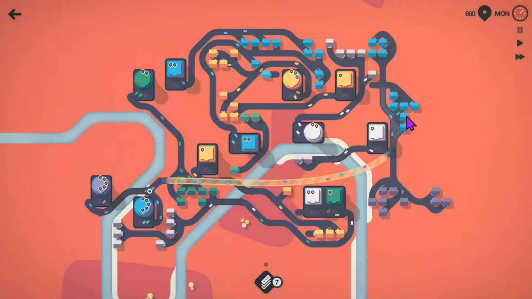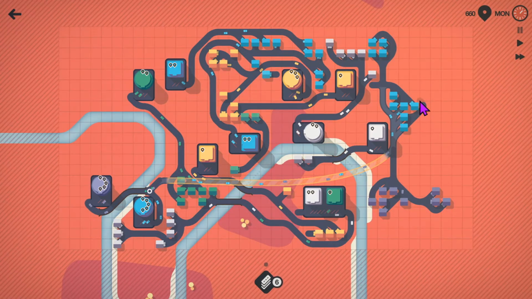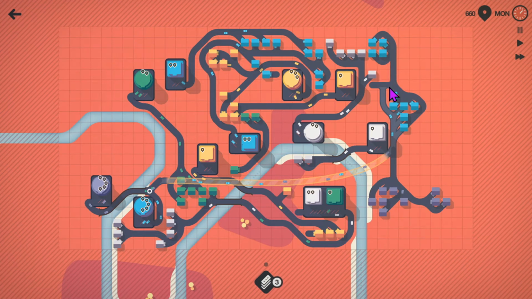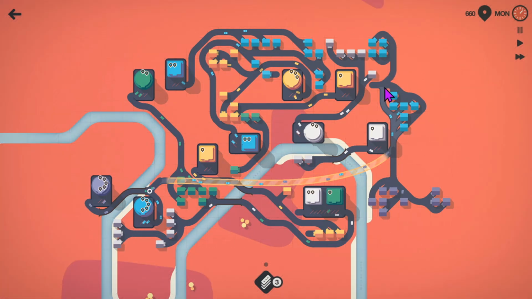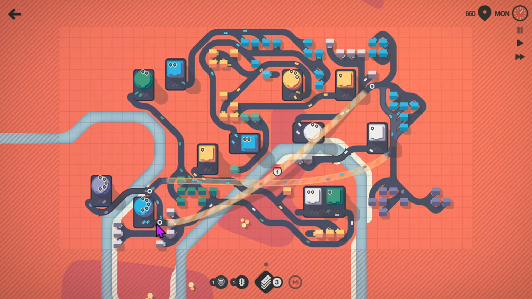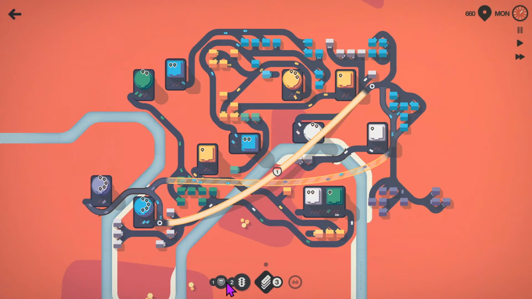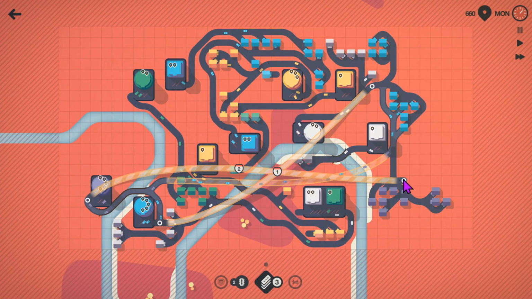In fact, actually, we'll send these guys around this way, because then there's no junction. There is a join there. That's not too bad. Put this straight onto there. Remove all of that. Also gives us a bridge back. And we'll do this to...